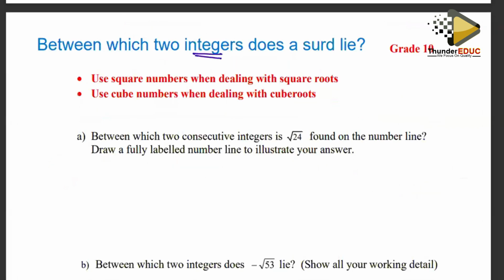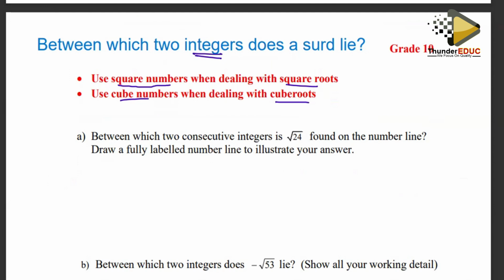So the hints are telling us that we must use what we call the square numbers when dealing with the square roots. We use cube numbers when you're dealing with the cube roots, and so on and so forth, depending on the root that you're being given. Is it a square root? Is it a cube root? Is it a 5th root or 7th root or whichever root it is, okay? Then